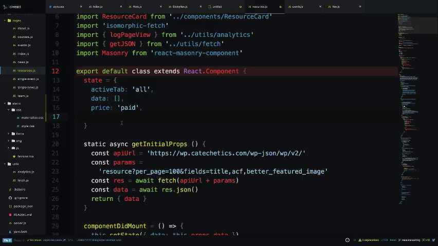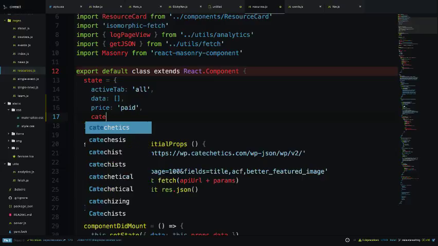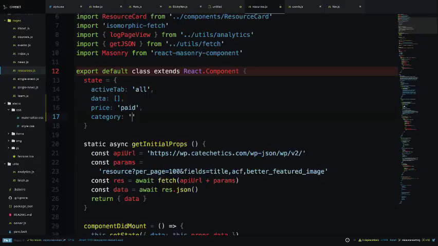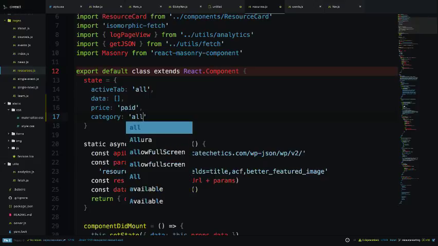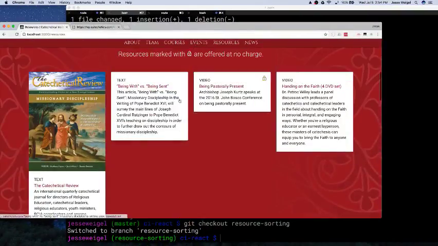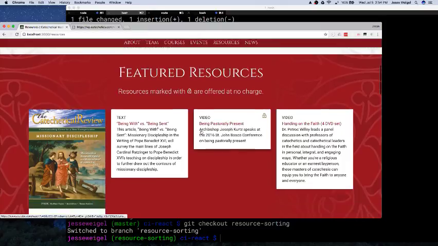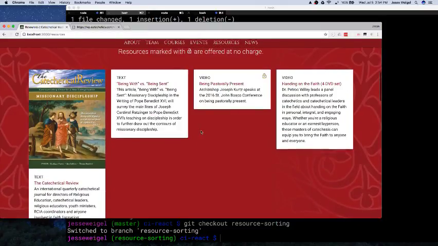But all right, so what are we gonna have? We're gonna have a category, right? So the category is gonna start out as all. So I'll make sure I have an all category. Potentially, we might at some point maybe think about having a featured category, so you could show people. Actually, that's a good idea. Let me show you what's going on now. Right now, I have this section that's featured resources, but